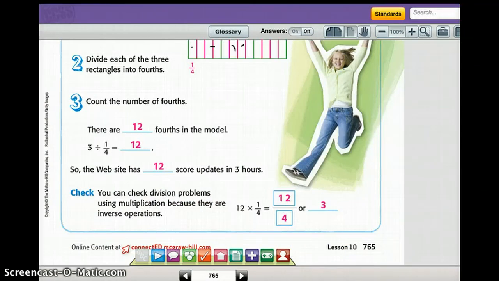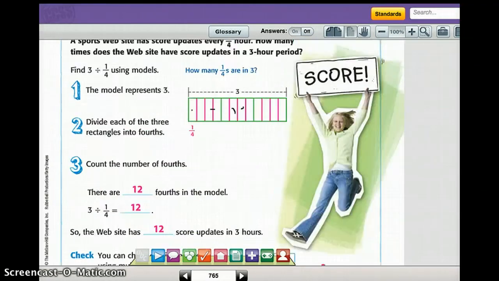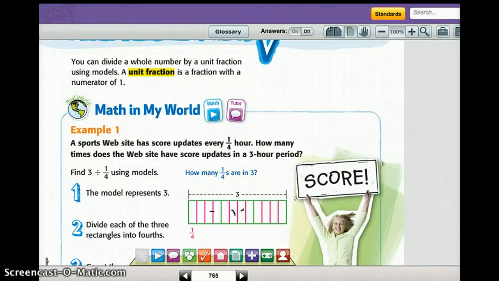But the other way to do this would be to work it out. Okay, so this would be like the example he was talking about at the beginning of the video. So we can make 3 into a fraction by just saying it's 3 over 1. And then our problem is 3 over 1 divided by 1/4. So remember he talked about using the reciprocal, and you can make it into a multiplication problem. So the reciprocal means we're flip-flopping the numerator and denominator. So we're going to do 3 over 1